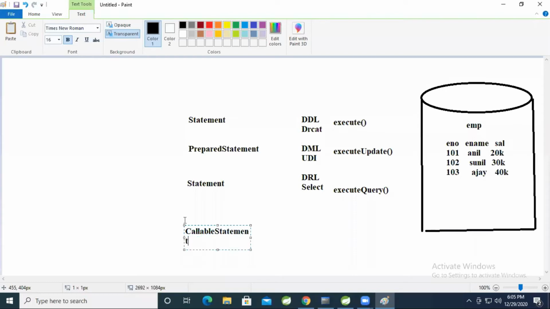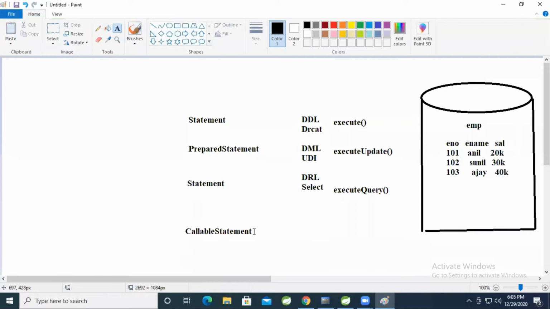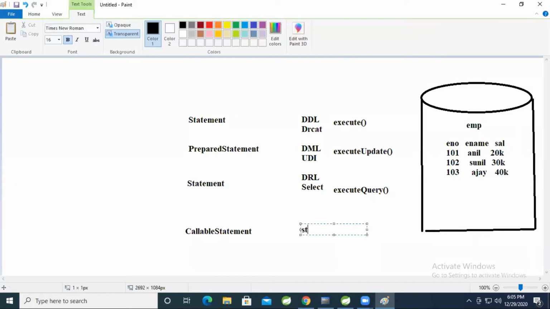Okay, so tomorrow we are starting JSP. Today we will complete this select operation. Tomorrow I will discuss JSP. Along with JSP, I'll try to cover callable statement also and some JDBC examples with JSP and JSTL tags and session tracking in JSP and the other topics we'll discuss. To execute stored procedures and functions, we'll use callable statements.